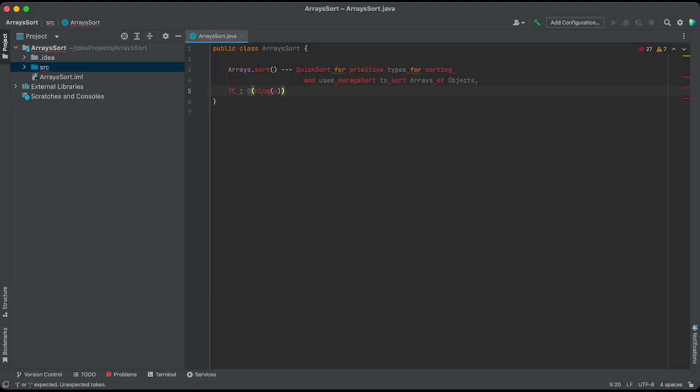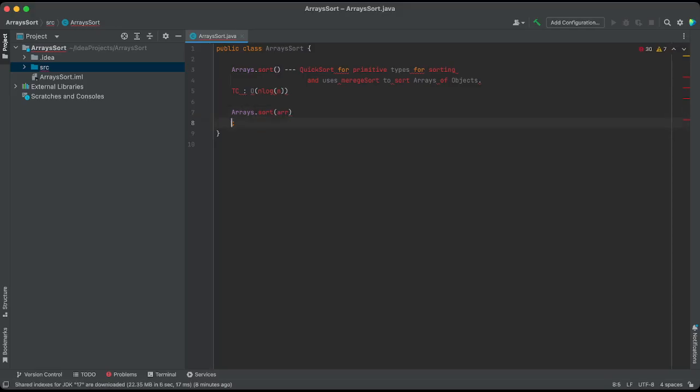So the default syntax that we generally use is Arrays.sort, and then we pass the array inside of it and then we do the sorting. And then there is another method, the overloaded one, Arrays.sort,